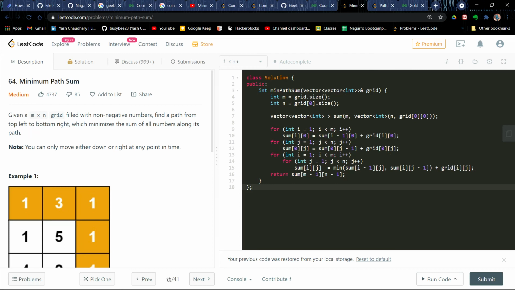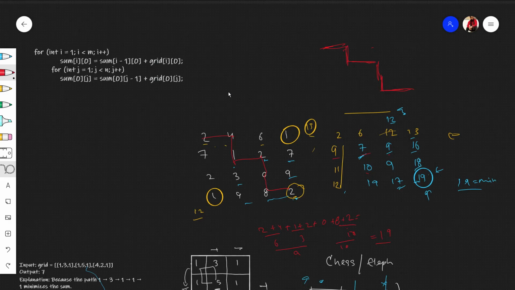I've taken these two things and I'll explain the main purpose of them. The basic purpose of this is to fill the first row. The basic purpose of this is to fill the first column. I'll explain how you are filling the first row. What we were doing was taking previous values and adding to the sum, adding the token basically. So that becomes our new value.